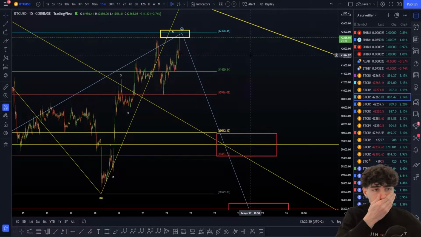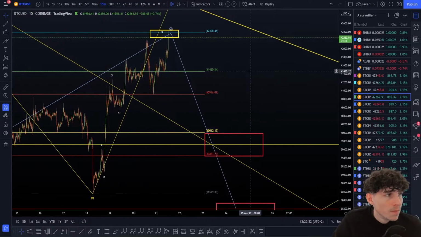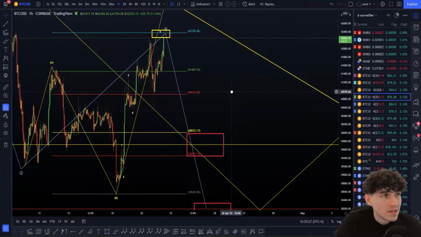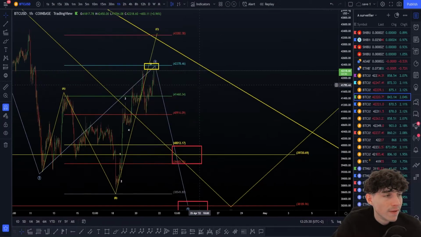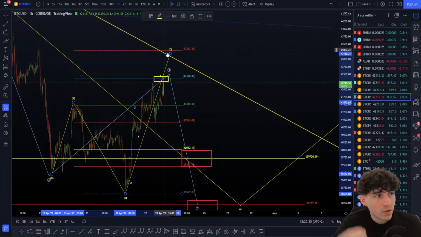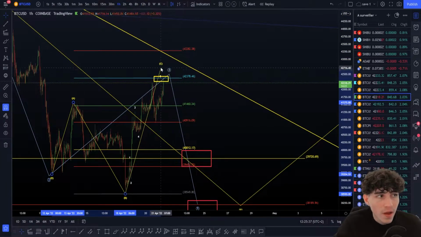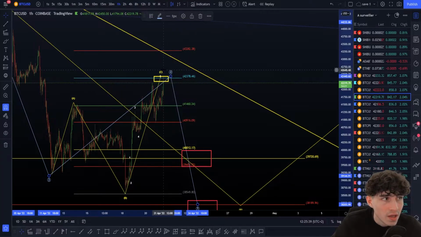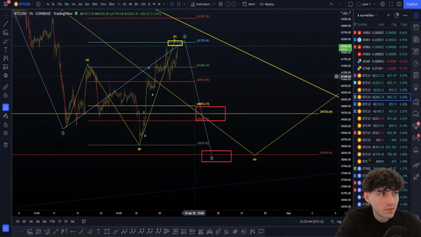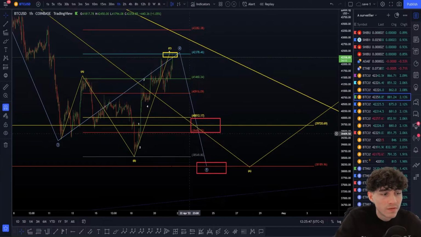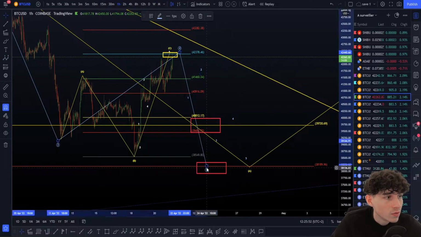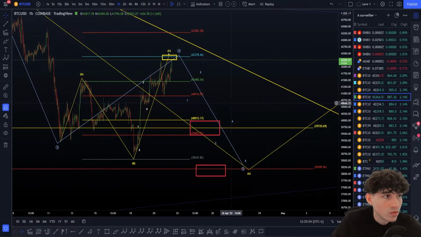All right, so now with the wave count, there are some different possible counts here. The first thing you have to know to understand here is that the 20% here is the invalidation of the ABC flag. Now we are on the maximum target of the flag, okay? If we start rejecting from here to the downside, what we want to see is a 5 wave impulsive move to the downside, because if we're in a wave 5, we have to get waves 1, 2, 3, 4, 5 to finish this wave 5.